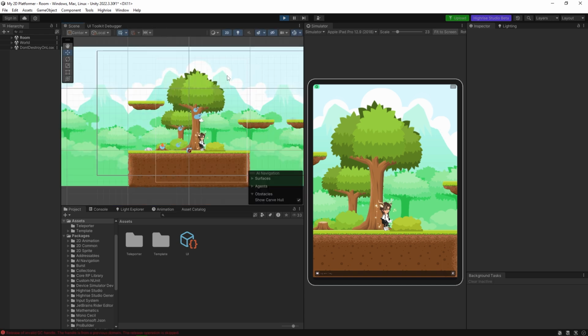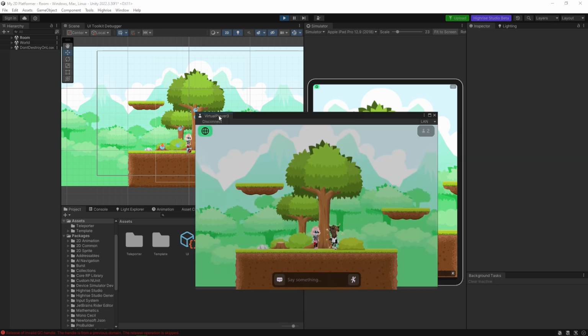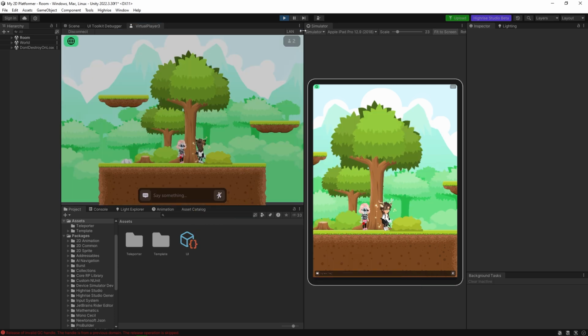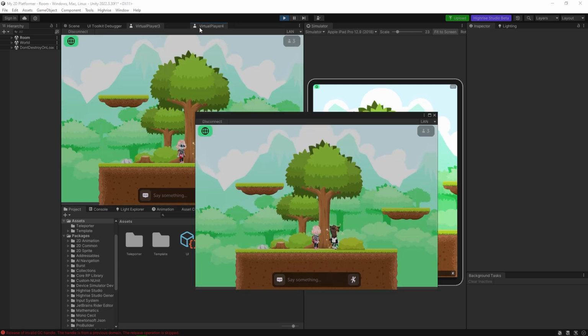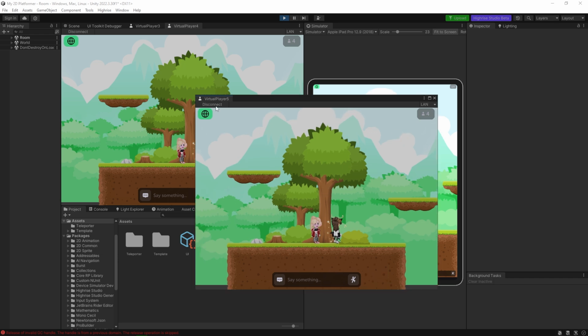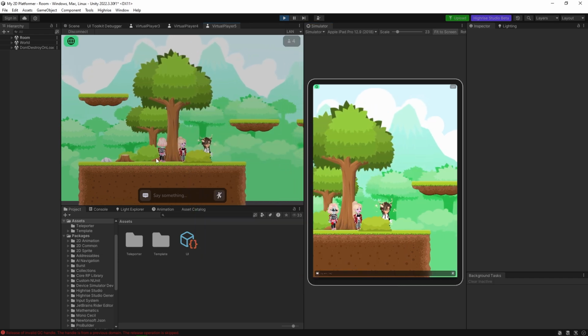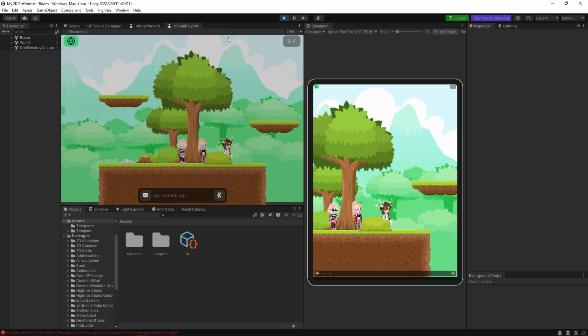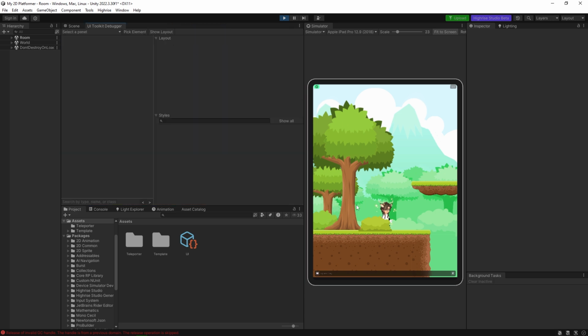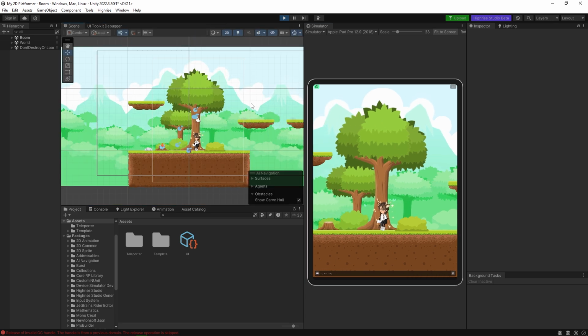If you want to bring the virtual player back to the scene, there's a small button here that says plus. Click on it and this will open up, and just move it and drag it, put it wherever you want, and you can spawn as many as you want if your PC handles them like that. Now I have 4 virtual players and you can also move around with them as you want. I'm going to close the virtual players now and I'm going to focus on the Parallax script that I talked